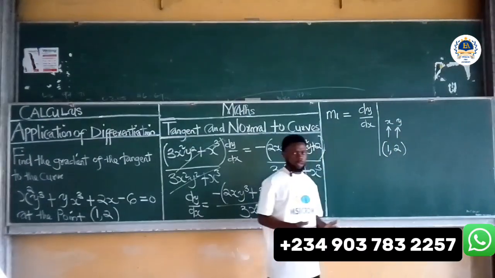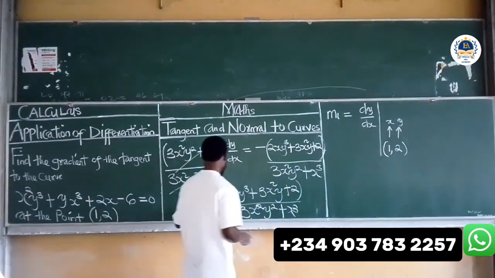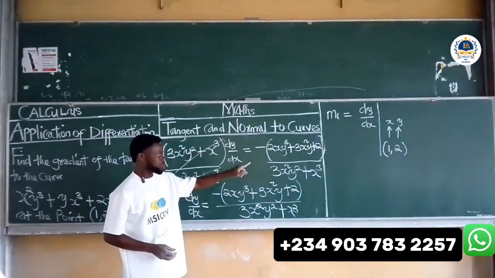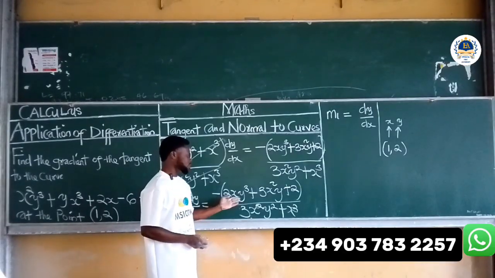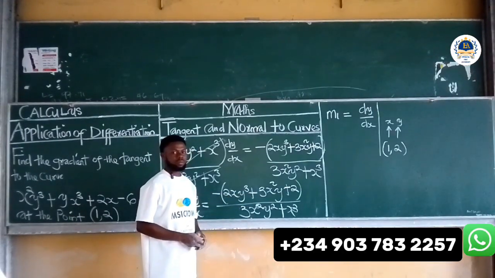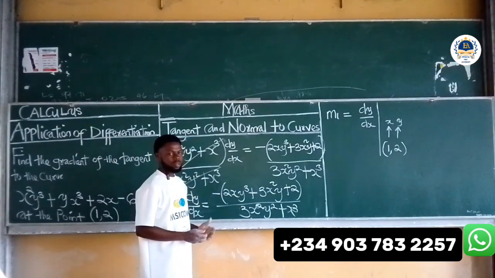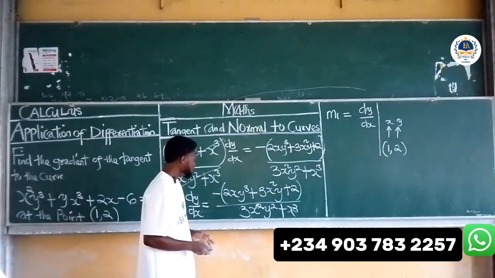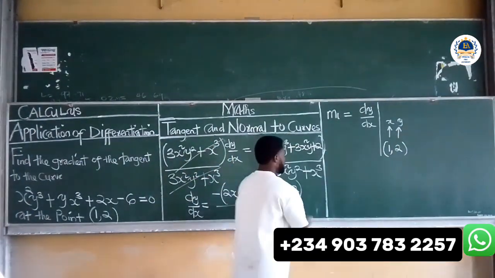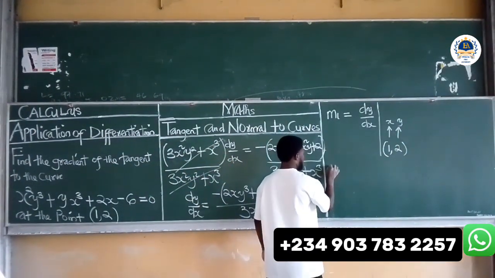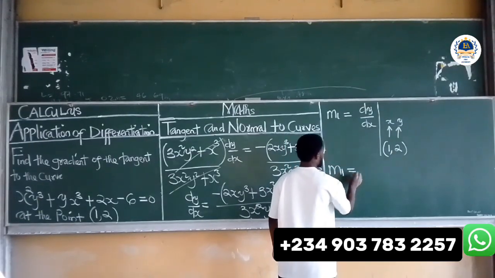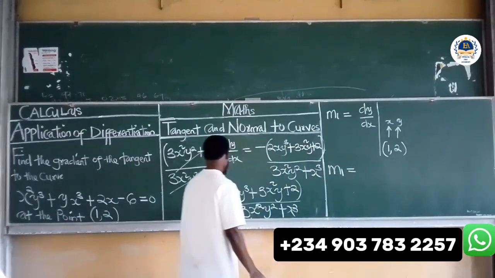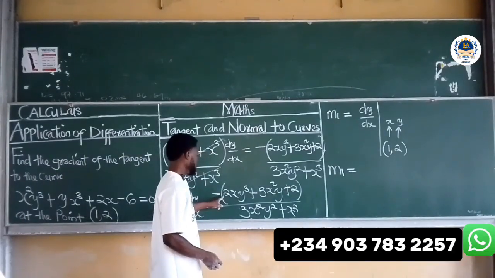That is to say, in dy over dx, we are going to substitute 1 and 2 respectively into x and y, and that becomes the gradient of the tangent. So let's substitute into dy over dx. m1 is equal to minus, in bracket,